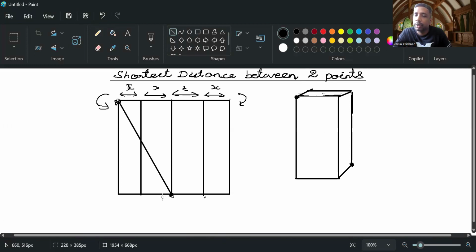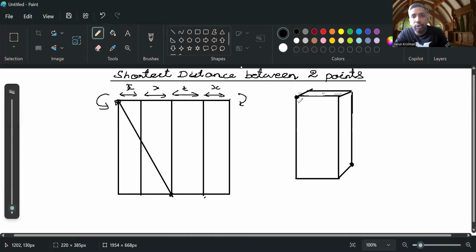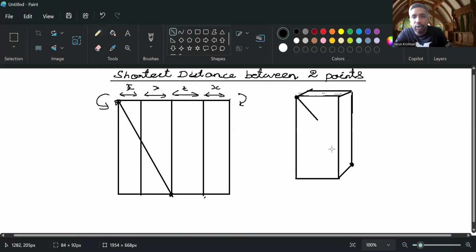becomes the shortest distance. So instead of trying to draw a straight line in a 3D sense from here to here, which is impossible to draw, you would rather convert it into a 2D shape and then draw a straight line, because a straight line is easier to represent on a 2D plane than in a 3D shape. Like this, you'll find several times questions in 3-dimensional objects and shapes